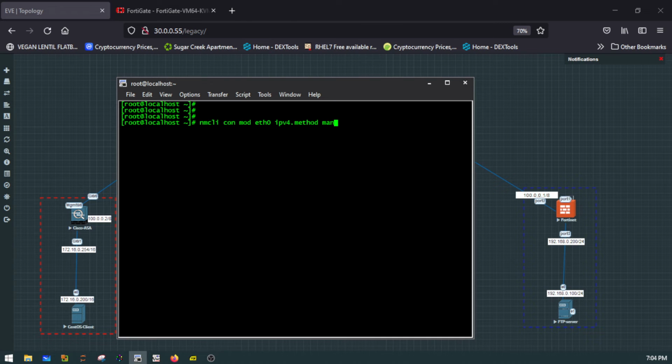The method is manual. The IPv4 address should be .100/24, and the gateway, same command. Gateway should be